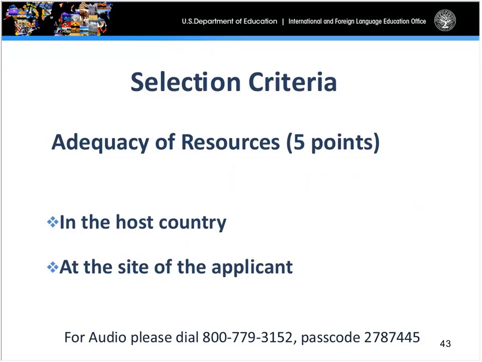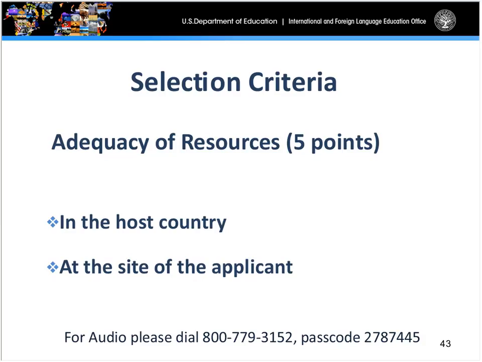The next selection criterion would be the adequacy of resource. Although it's only worth 5 points, this is where you would tell us exactly how well linked you are as far as your contacts in country, your resources you're using, whether or not you're using a certain type of curriculum-based model, whether you're asking for some sort of language assessment or language cultural immersion. Here's where you're going to be talking about the resources that you've actually